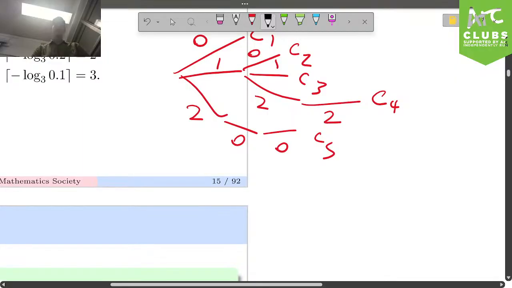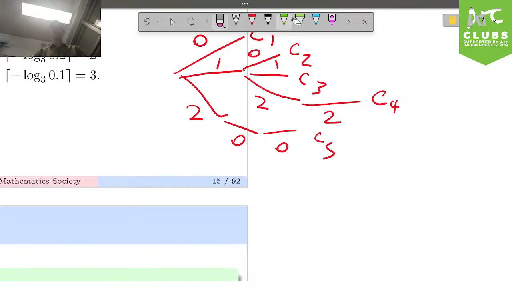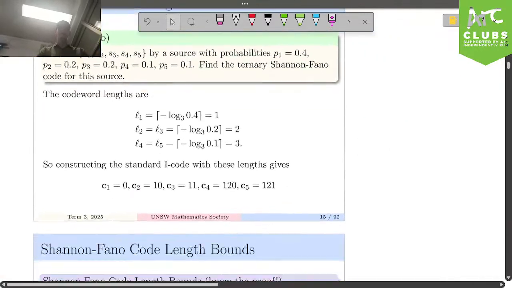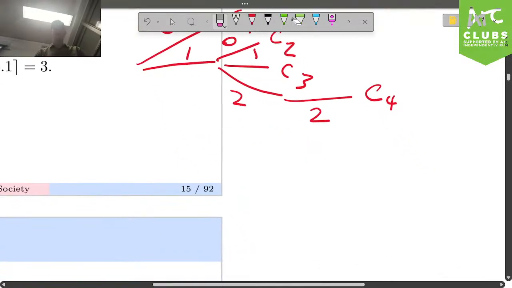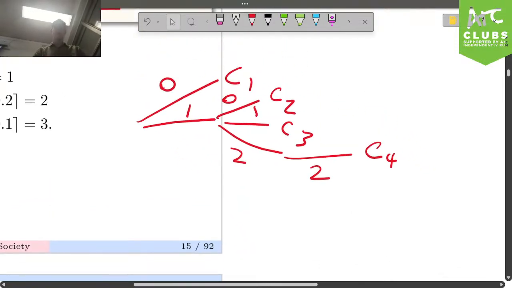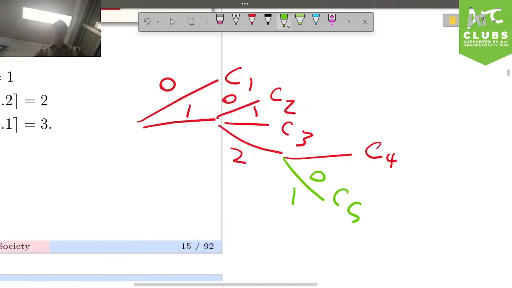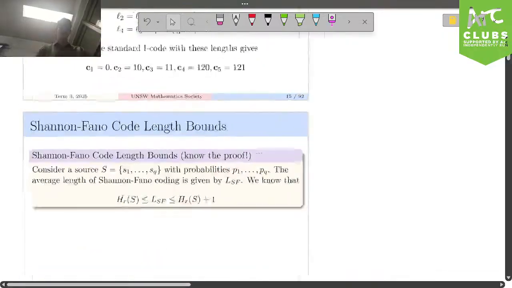We'd actually, I suppose, alternatively, you can just make the fifth code word from here, and you don't even need this branch, but again, still inefficient in the same way. I guess that's a more conventional way of doing it. You go fill up as many branches as possible, as soon as possible. So the 0 and then 1 for C5 would be the more conventional way to do it.